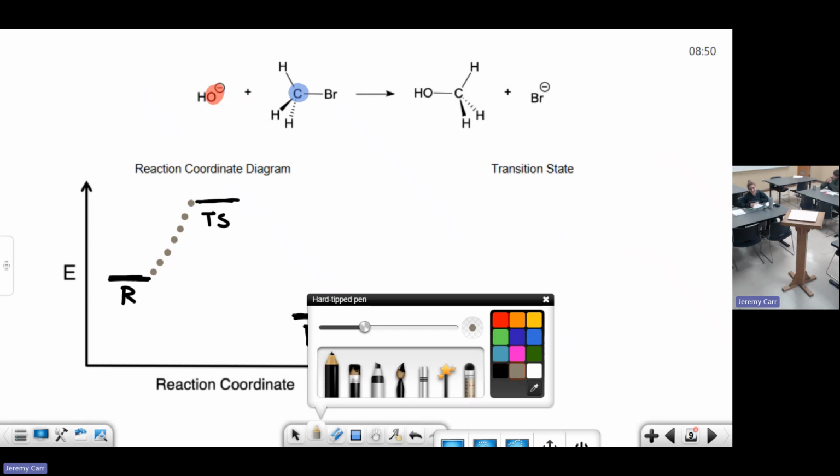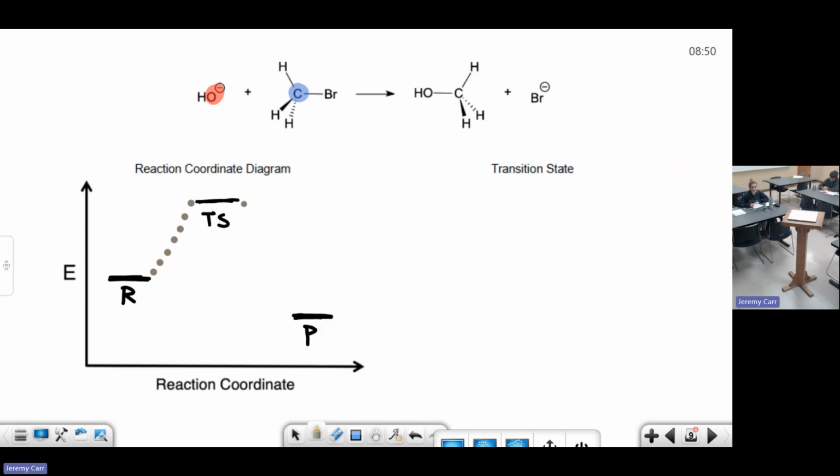And then once you get to the TS, it's interesting here. The reaction can either go forward towards the products or it can go backwards towards the reactants. So this is why it's a transition state. The reaction can go in either direction is the key here. So the question really becomes, what does the transition state look like here? How is this thing actually forming? What's actually happening here? Well, let's sort of see what's happening.